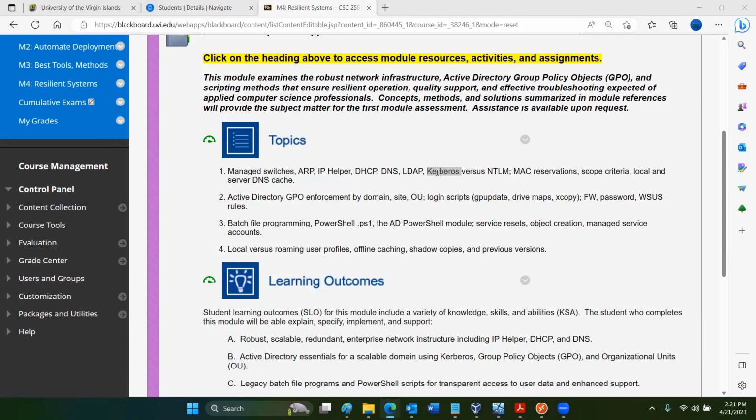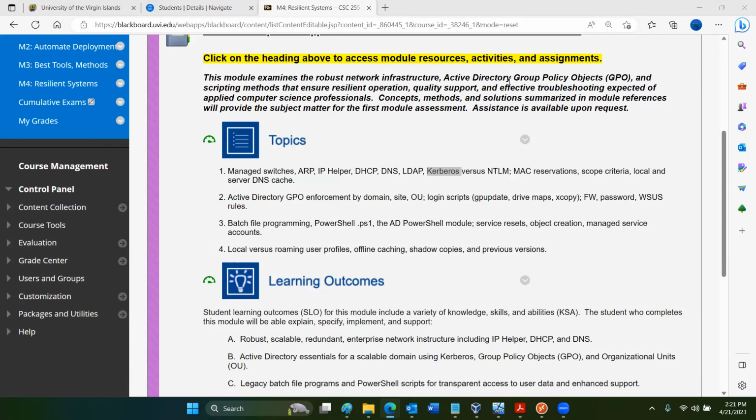But one of the Achilles heels of the Active Directory environment, and I want to tell you that the Active Directory environment since the year 2000 has become a de facto standard worldwide.